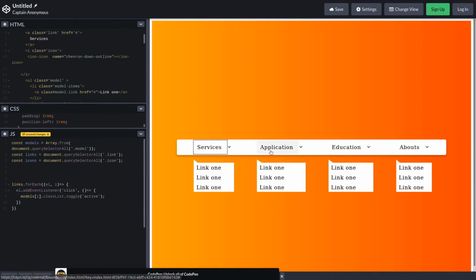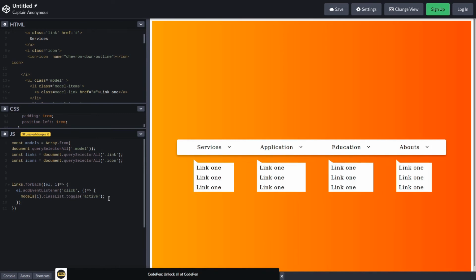So if I want to open only this application, the current element, that is current index 1, then for all the others, about and services, I want to remove all these active classes. So what we're gonna do, we check for the same index. If they are similar, then we add the active class. If they are not equal, then remove the active class.